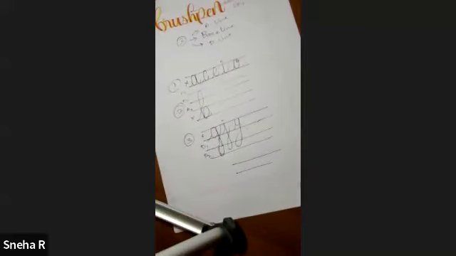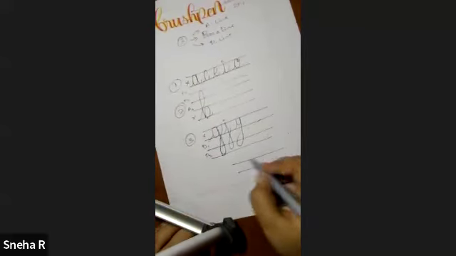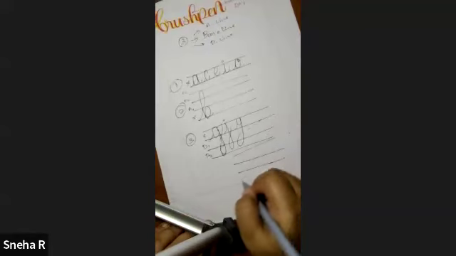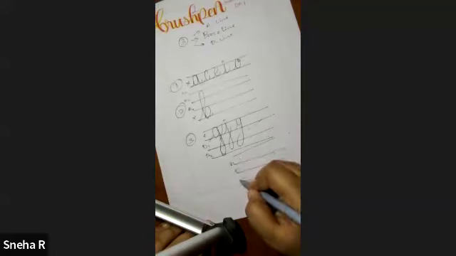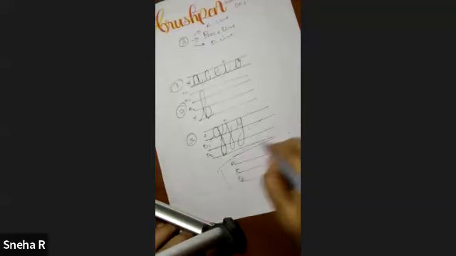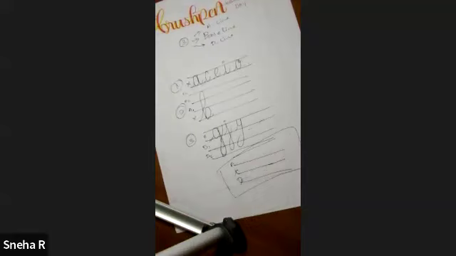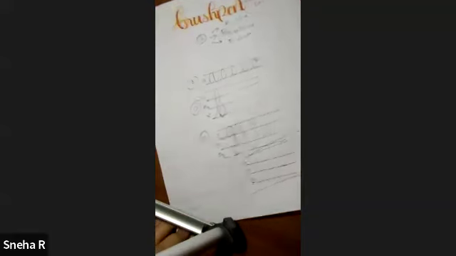So whenever you make lines to start with the script, all you have to do is make a baseline, make an ascendant line, and make a descendant line. So basically there will be three lines, X, A, and D. This is the starting point of our session. Next, we'll be moving on to